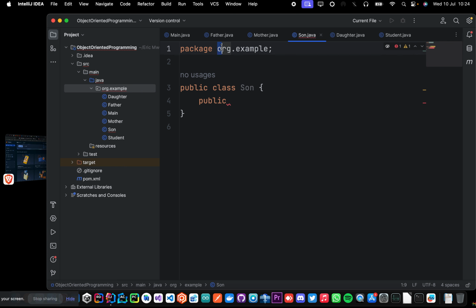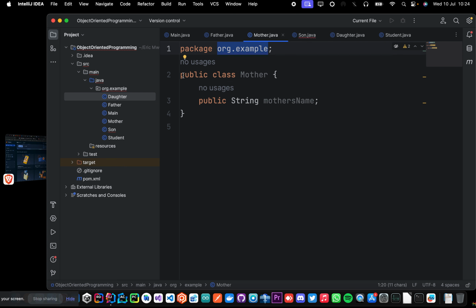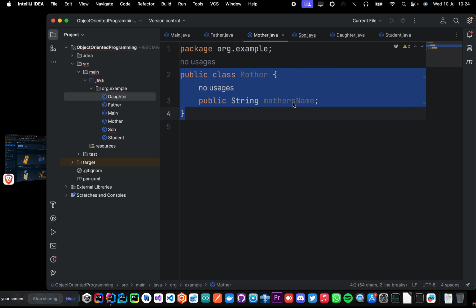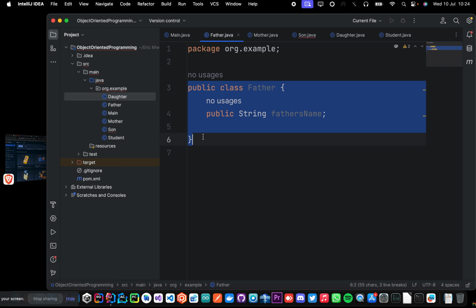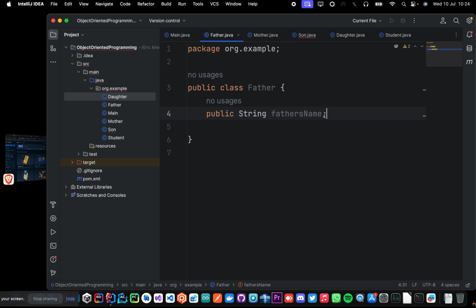It just means that we are working with this folder right now, org.example, because it's the folder that all our classes are present in. And then we gave the mother a public class mother, and then we gave the mother a mother's name. And then we gave the father a public string father's name. I think we can give it a value. We can say that the father's name is equal to